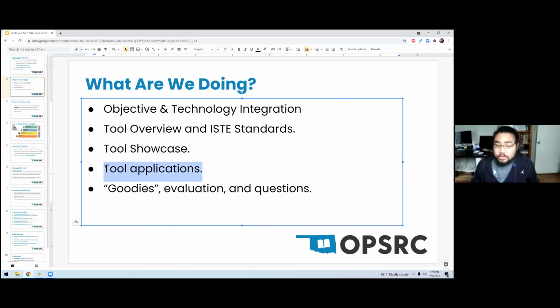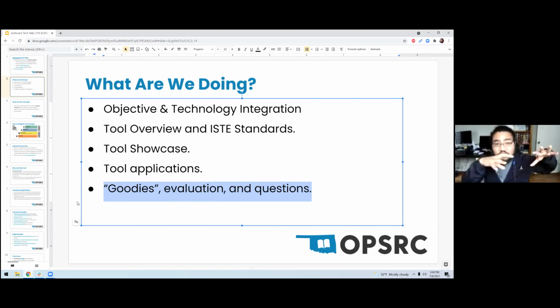imagine what this tool would look like in your classroom. And I try to give you a couple of applications with that. And at the very end, I like to share all sorts of links in the form of goodies, which is what I call things that I just found in my research that I thought would be useful as extension activities or activities to just revisit anything that I've talked about in my tech talks, because I talk fast, I know I do sometimes, but there's no way I'm going to cover everything that you could